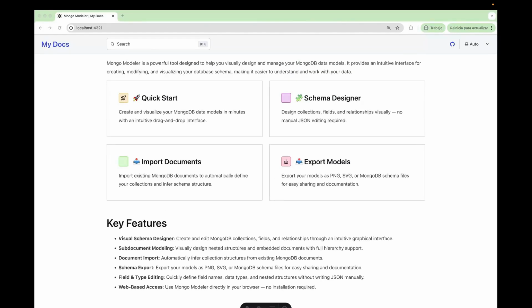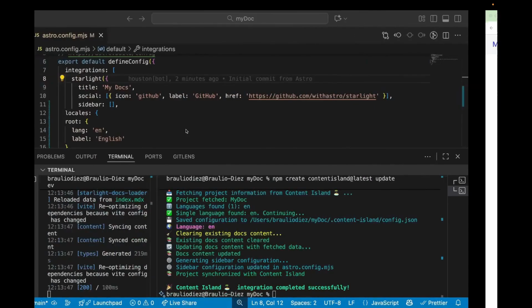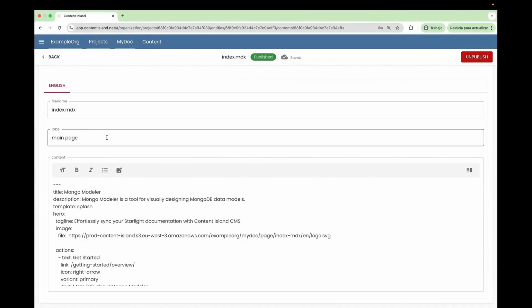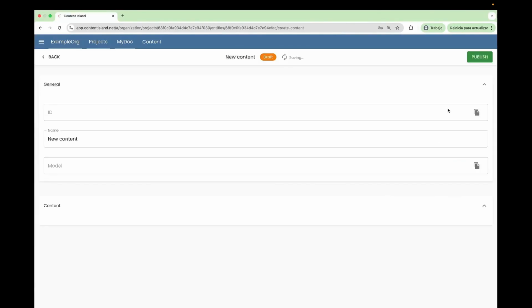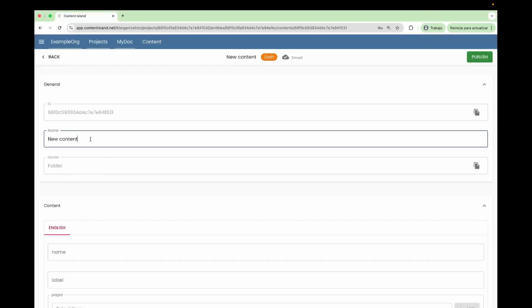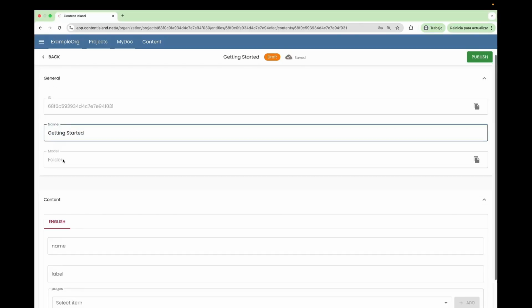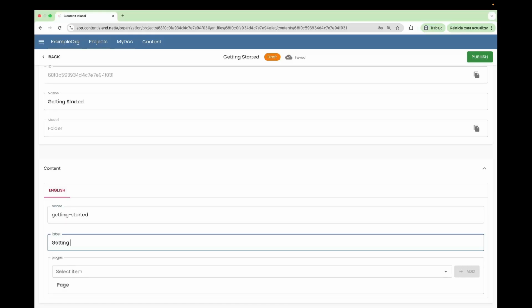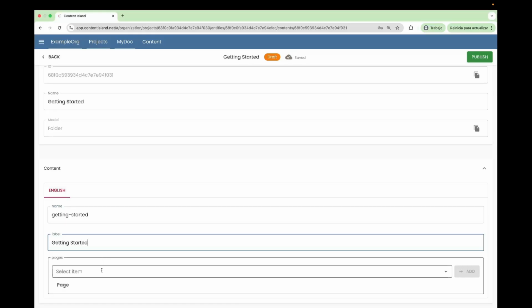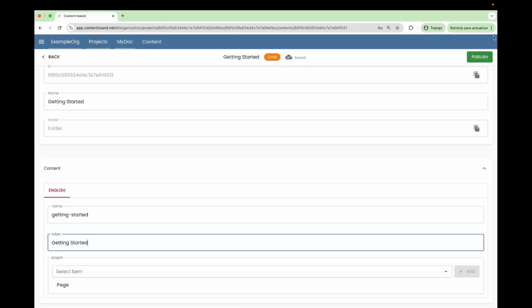Now let's create the rest of the pages as well as the folder structure. So, here I go, to Content Island. I'm here in the Content tab and I'm going to add a new folder that's going to be called Getting Started. Here the folder name is going to be Getting Started and the label Getting Started. For now, we won't add any pages. Later, when we create them, we'll add them. We publish it,